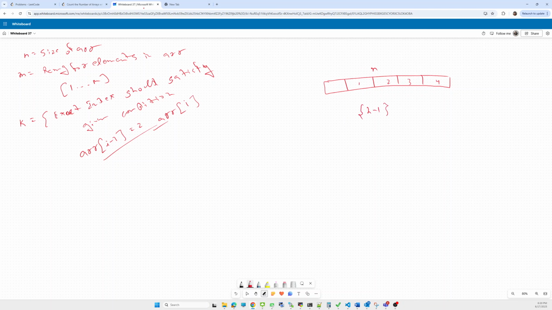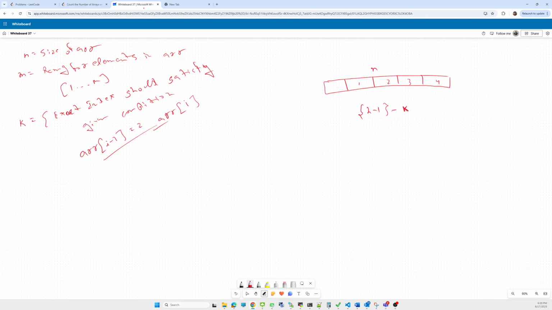So the total number of adjacent pairs is n minus 1, and out of these n minus 1 we have to satisfy exactly k.